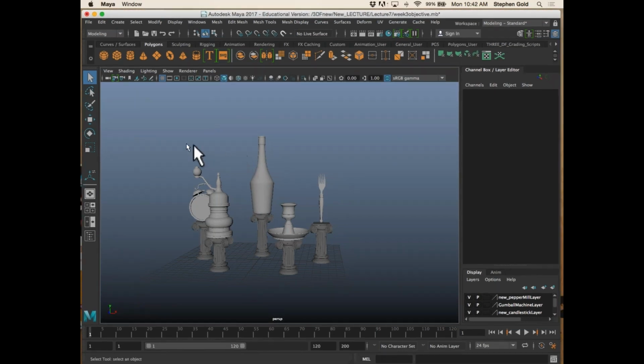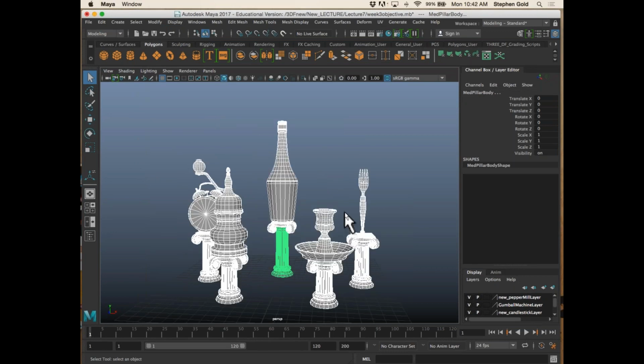Okay, sometimes when you extrude, you get weird shader errors. Mm-hmm. Like,